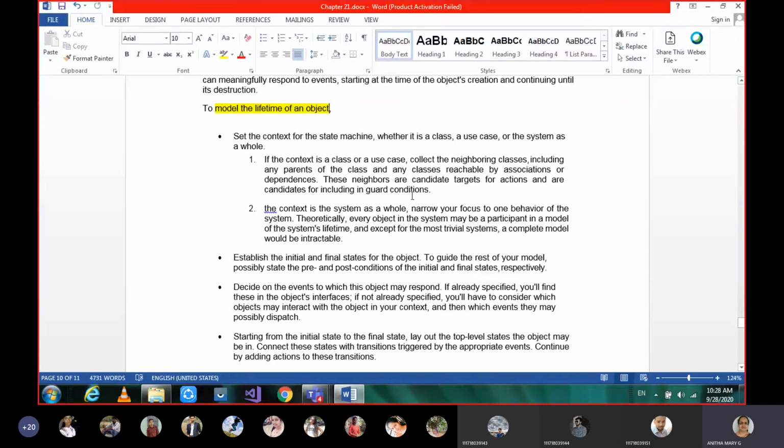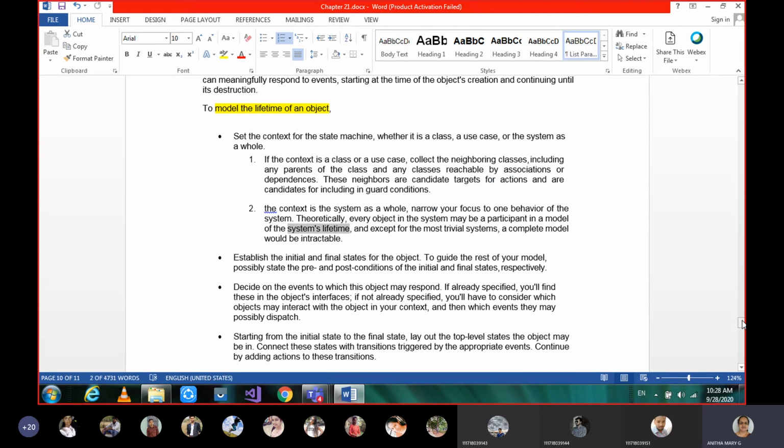In order to model that, you have to remember the context for a state machine, whether it is a class or a use case or a system as a whole. So what is the context we have to see? The context of the system as a whole, which object we are taking and what its participation is.